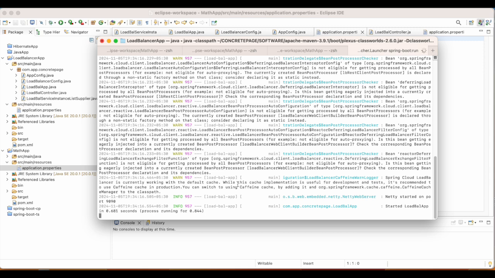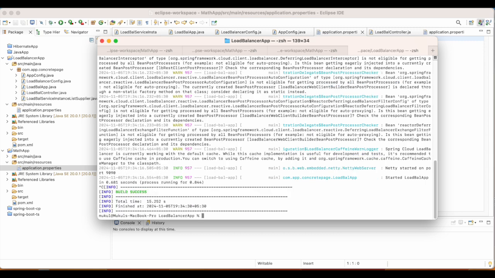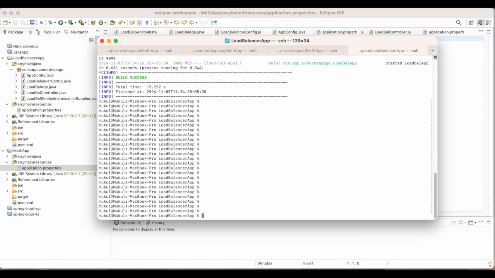Sorry, this one is the load balancer application.